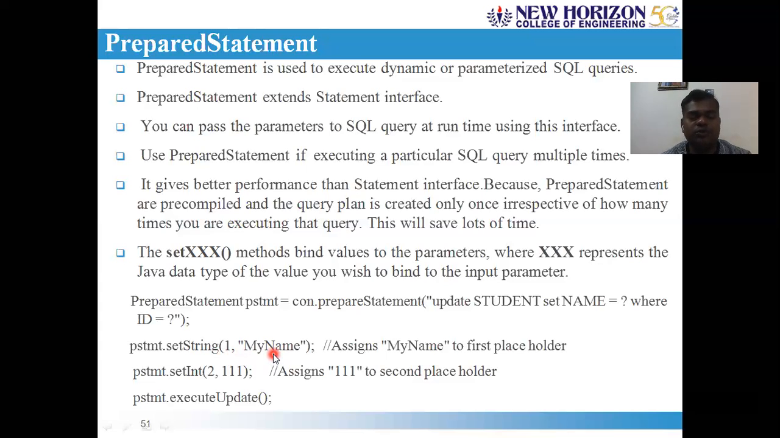No. It will become an invalid setText method, because 2 is for the number and it should be a whole value here. And if you specify a string, that becomes invalid, so that leads to errors. In a similar way, for the second argument, pstmt.setInt of 2, 1111. 1111 is the ID, and after you set the values for the placeholders, first and second placeholders, you can execute